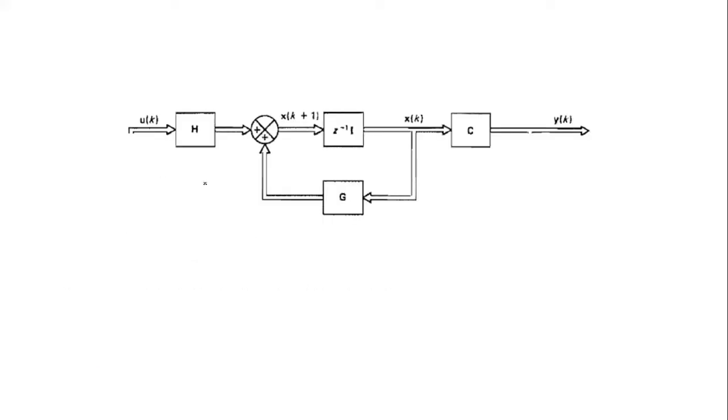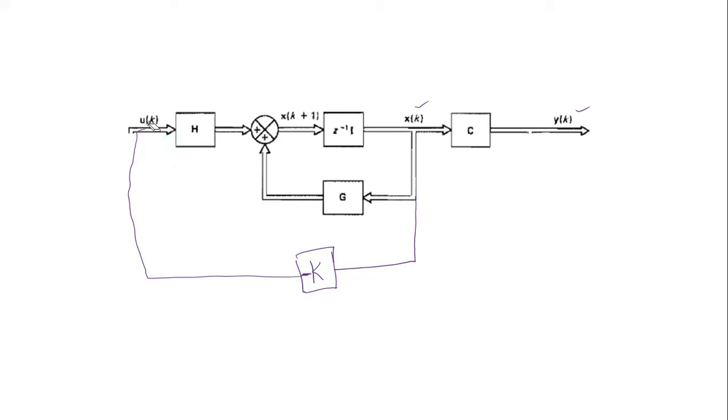So this is your basic system represented using state space, and here as you can see your output is y of k, your input is u of k, and you have your state x of k. When you wanted to do pole placement via state feedback, what you were trying to do is take the state, multiply it with a matrix k, and supply it as input to the system. So multiply it with minus k and supply it to the system. This is what pole placement via state feedback looks like.